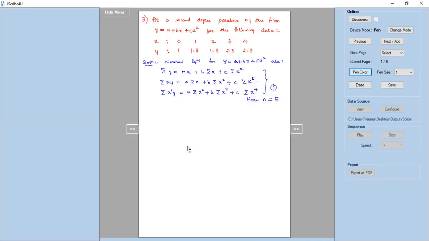How to frame the relevant table for a second degree parabola? The first two columns are x and y, which is obvious. For all the problems, the first two columns will be x and y. Then we want x into y and x square y summations. We also need x square, x cube, x power 4. So what is required for us from the summations, looking into the normal equations? Accordingly, seeing them, we are going to prepare the relevant table. So we will write the table now.